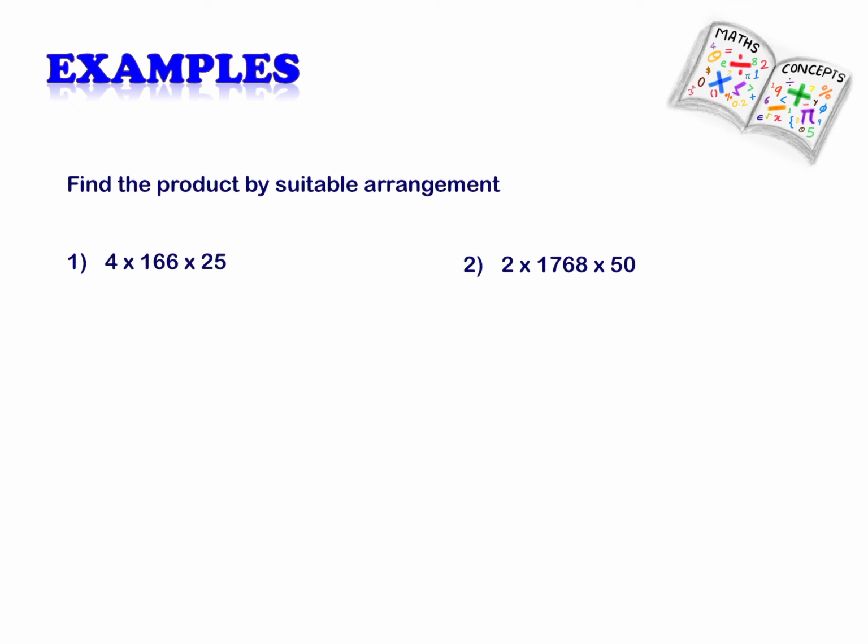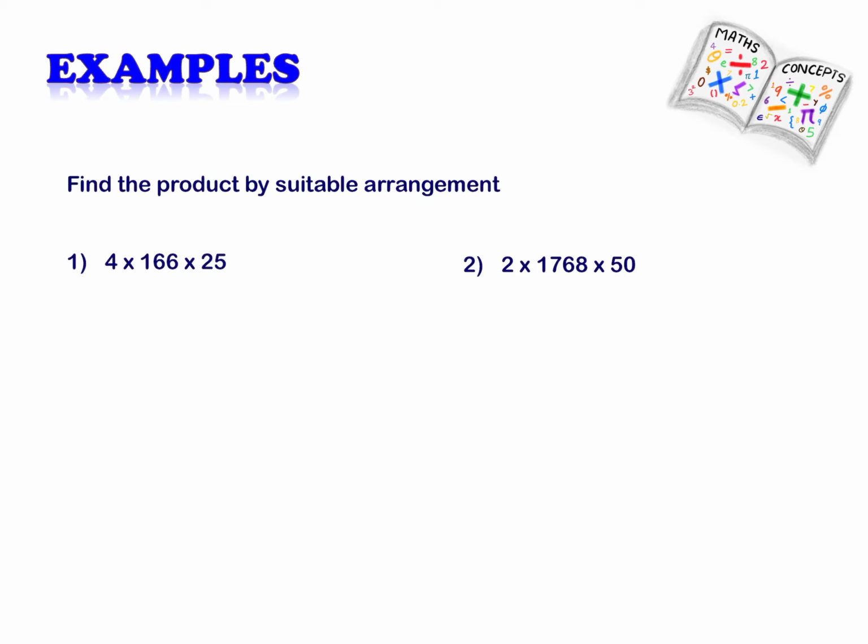Now we are going to solve examples for addition and multiplication. Why? Because the associative and commutative properties apply to only addition and multiplication. They do not apply to subtraction and division. Okay,